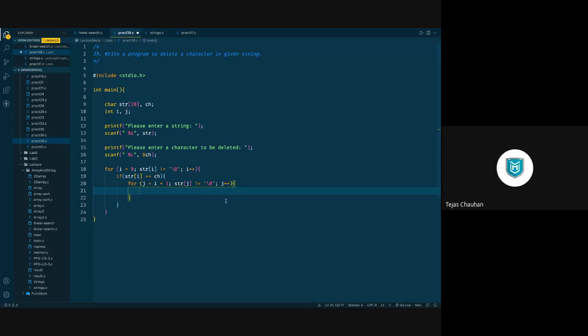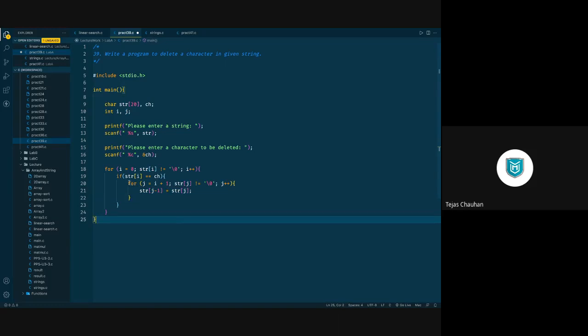अब repeat क्या करना है? jth place पे जो भी element है, so str of j जो भी है उसको एक left side shift करना है. So I'm going to assign that thing into j-1. Left side assign कर दो. jth character को j-1 character में assign कर दो.